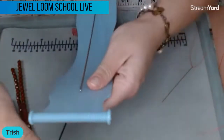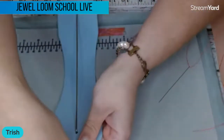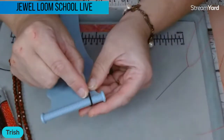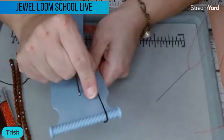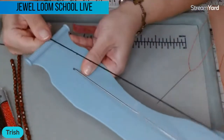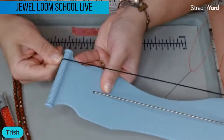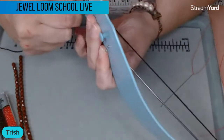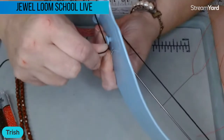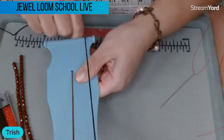So now what we're going to do, we're going to flip our loom over, and this, of course, is the side we have our hemp tied to. We're going to bring our hemp up over the top here, and we're going to lay it into one of these grooves. Pulling that across, I'm keeping tension the whole time I'm warping this loom. Then I'm going to turn my loom slightly, and keeping pressure on our hemp, grab that button on the back, come up around the top,